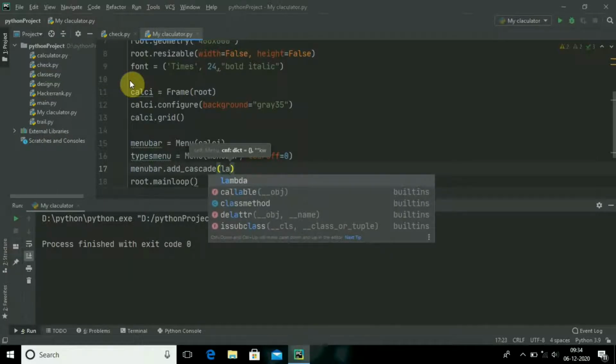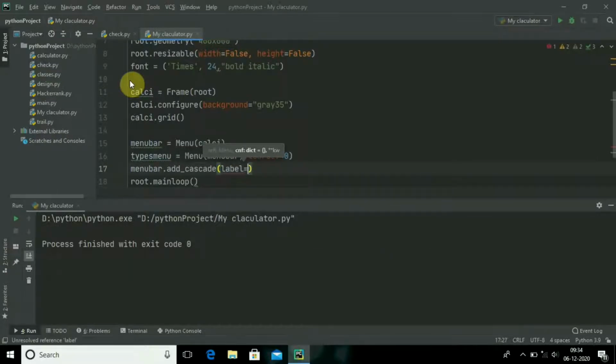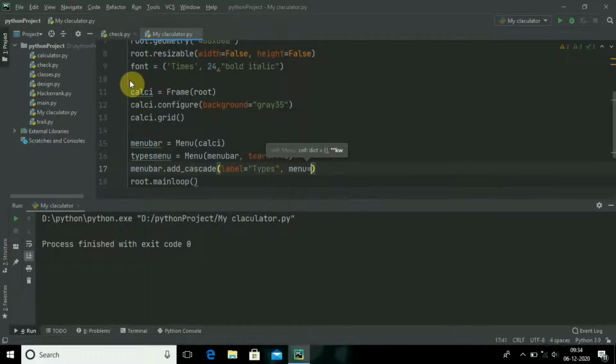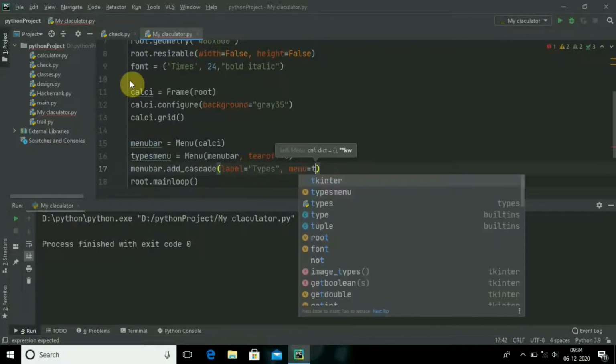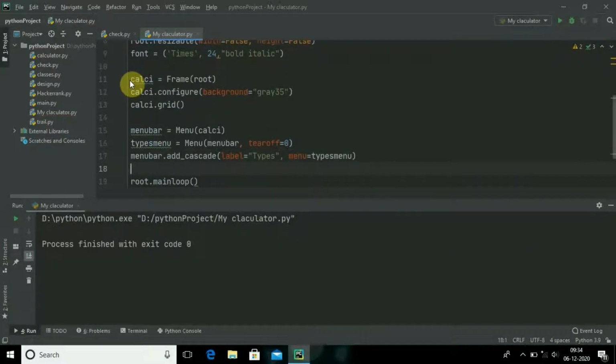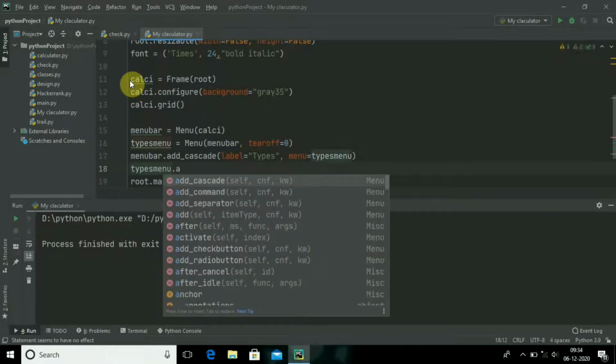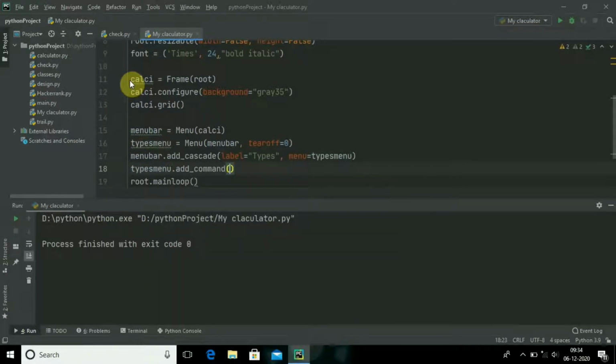Label is generally a name that we want to write. The label should be types, and menu should be types menu. That's it. Then I have to write the commands that should appear in the types.